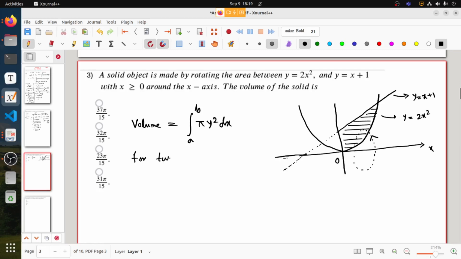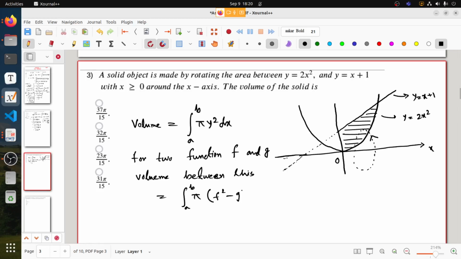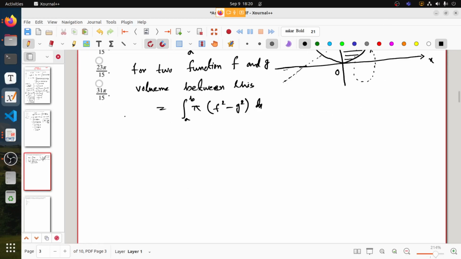What I am saying here is, for two functions f and g, the volume between them, like this area, is given by the integration from a to b of pi times f squared, subtract g squared, dx. Suppose these are both functions of x, it will look like this, right. So in our case, what happened? So volume,